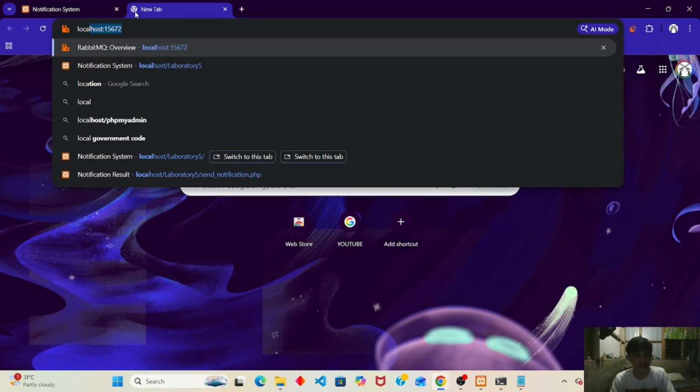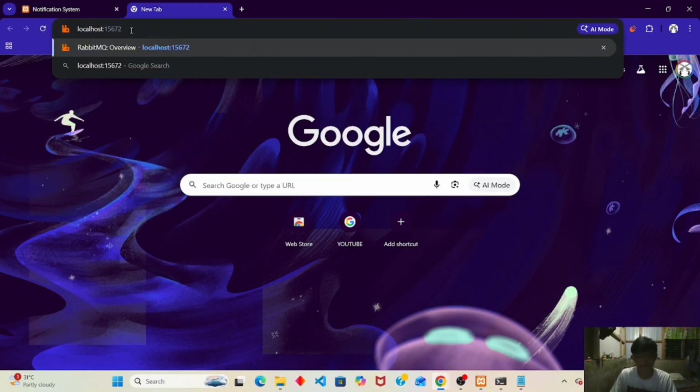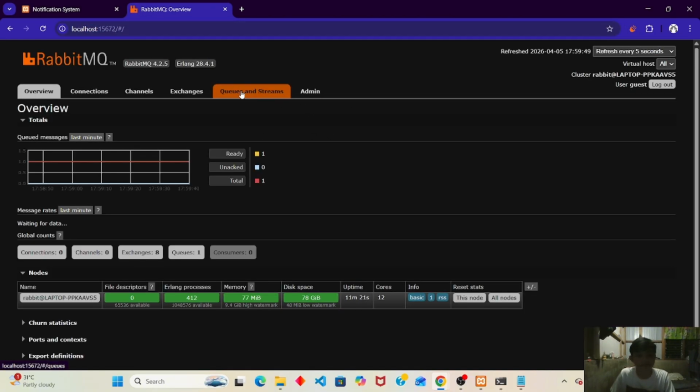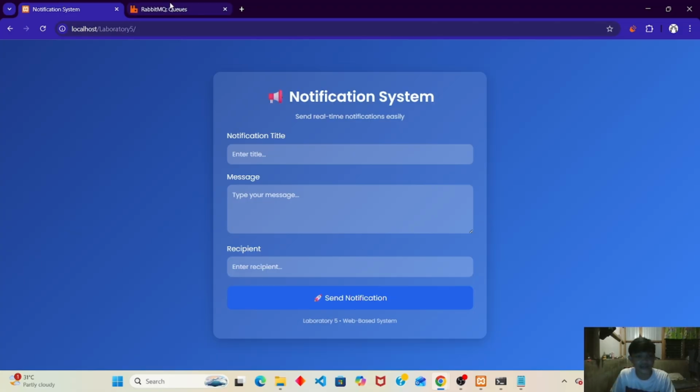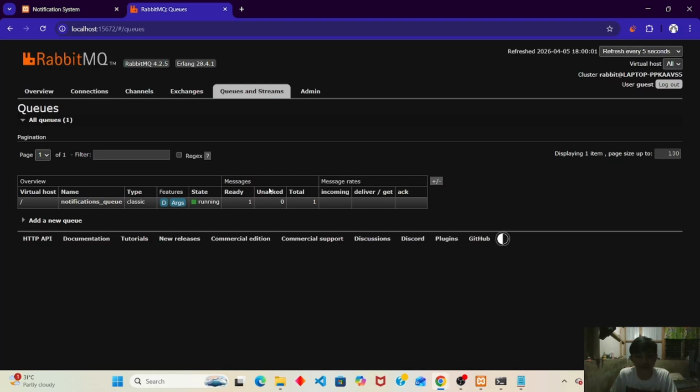Next, we're going to open RabbitMQ. Proceed here to queues and streams. I have a stack here, but I'm not sending it. Later on, I will make that zero.